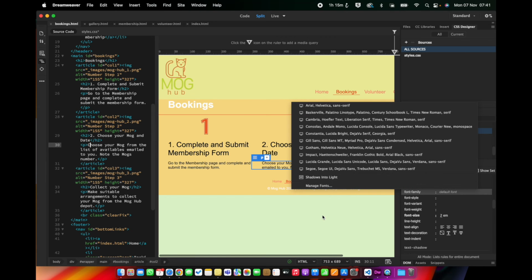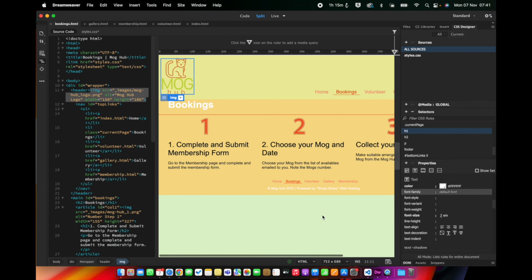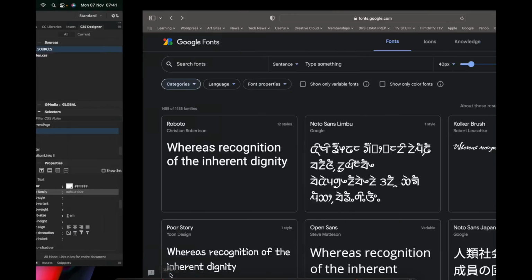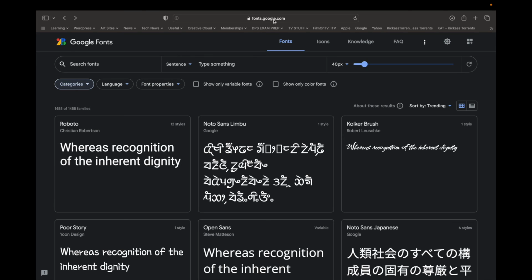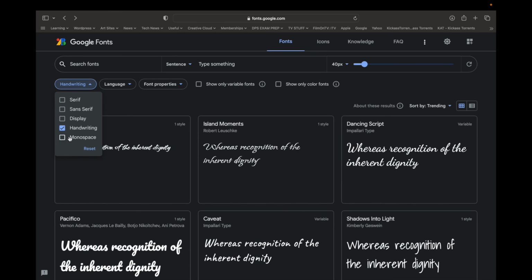And that's quite limiting. So we're going to look at using web fonts, which are fonts that you can package with your website so that you have a little bit more creative flexibility. So I'm going to go to Google Fonts, probably one of the best sources. There are other places, and there's Adobe. If you're a Creative Cloud subscriber, there is Adobe Typekit, but it's pretty much the same process. So here, I'm going to do a search in categories for handwriting fonts. Okay, and I quite like this Island Moments. So I'm going to click there,